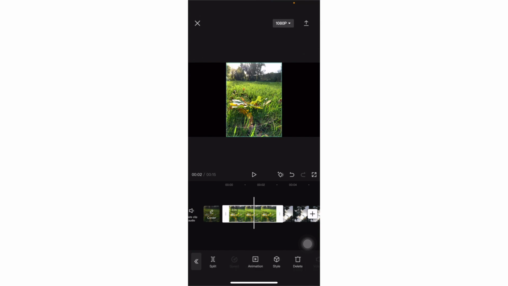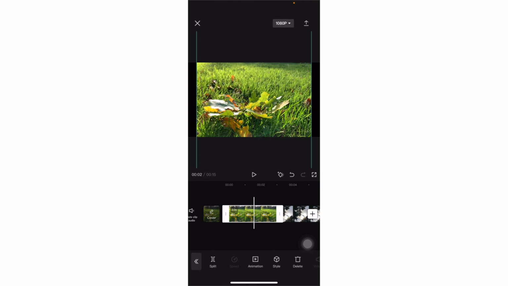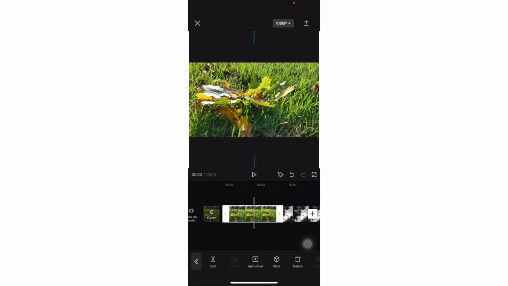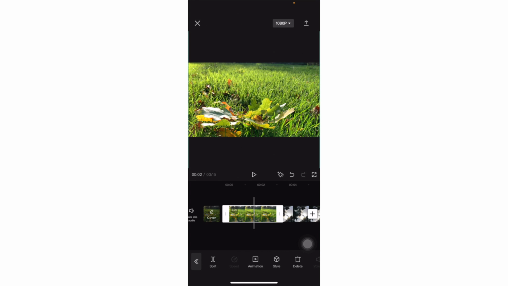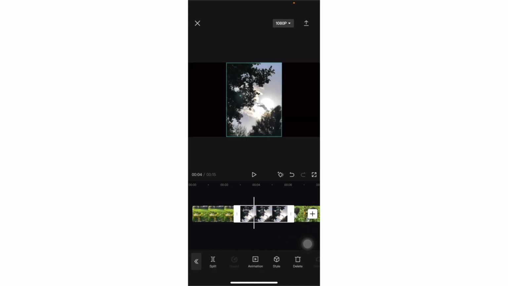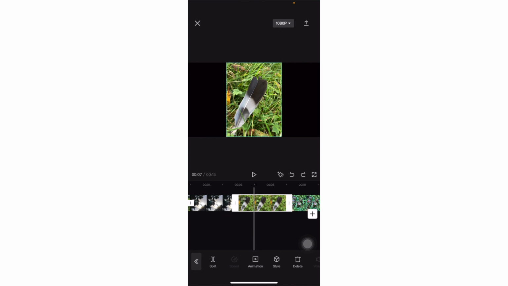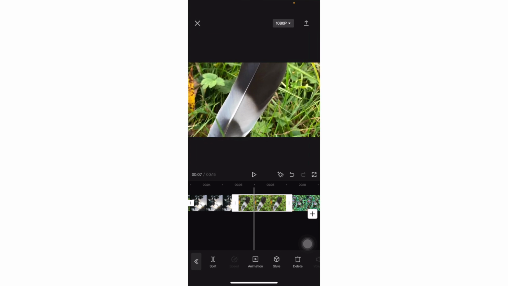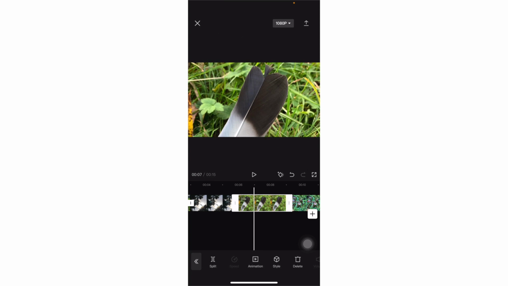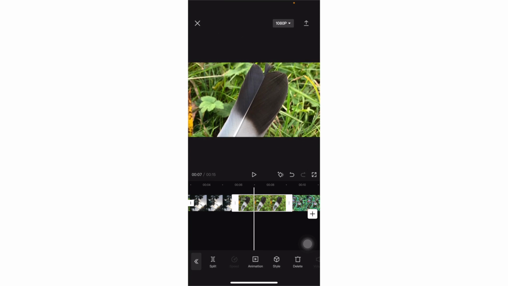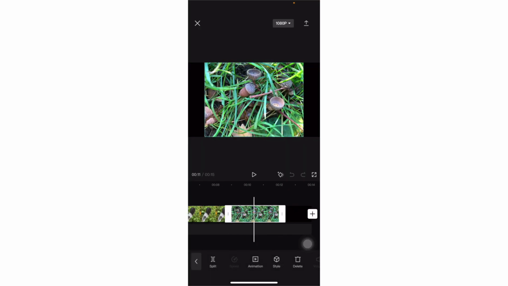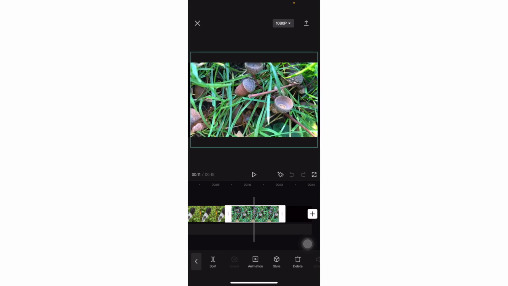I can select this little block and then put my fingers on the screen and zoom in and choose the best selection of this photo to use. And I can do that for all the pictures. Of course, you lose a lot of information as well, so it's better to decide beforehand, before you make your pictures and your video recordings, if you want to have a 16:9 or a 9:16 video, a vertical video or a horizontal video. Now this one, that has blocks on the left and right as well.